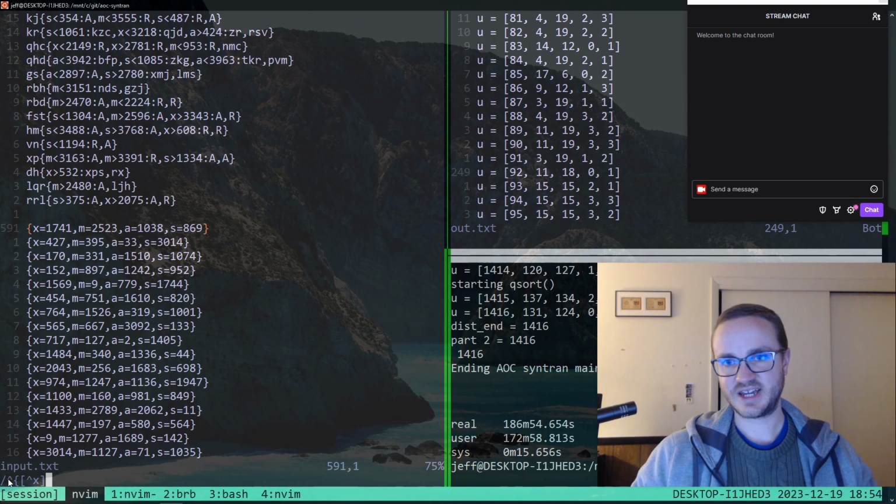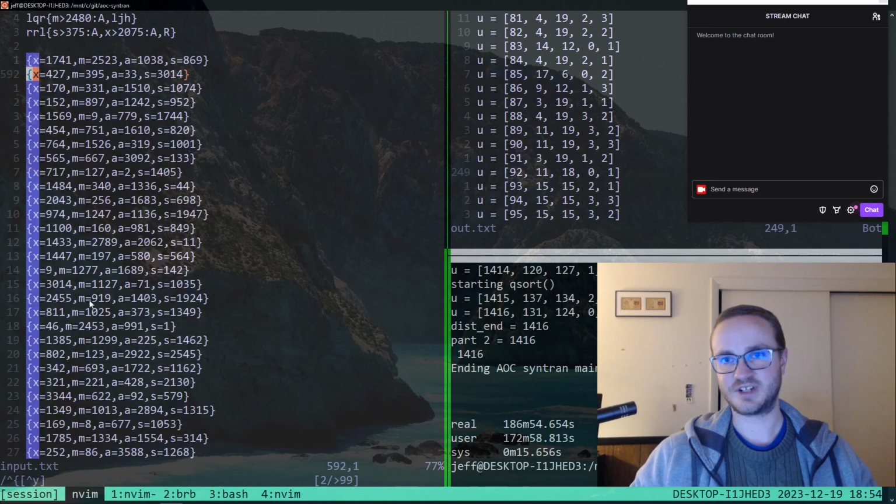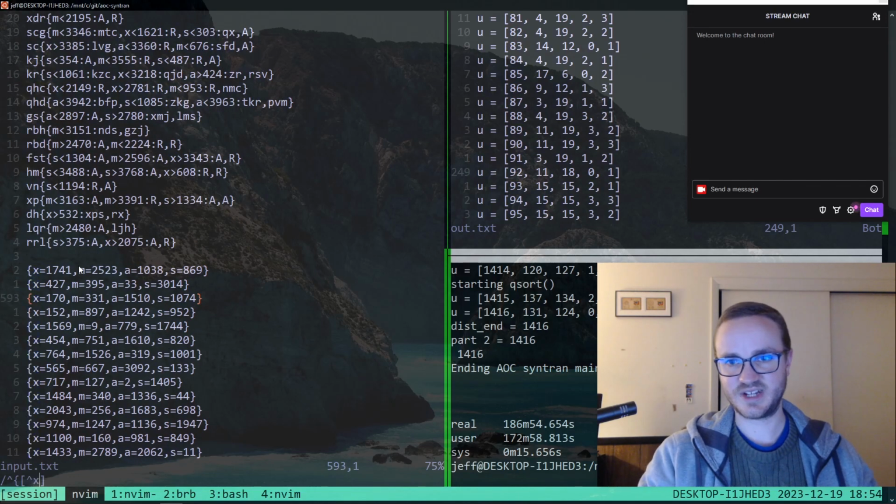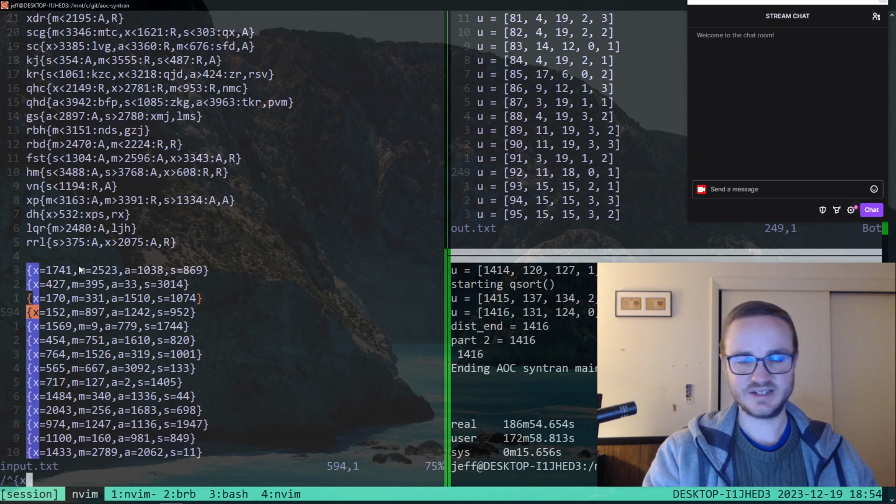This caret means beginning of the line, caret bracket, caret brace bracket, caret X means anything that's not an X. So if I search for anything that's not a Y, every one of these lines matches. But if I search for lines that don't have X as the first member of the struct, I don't find anything. So it's always X, and then